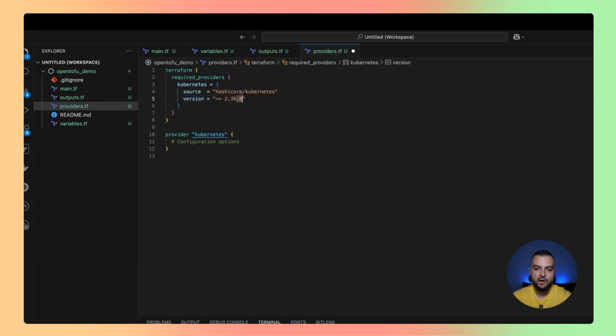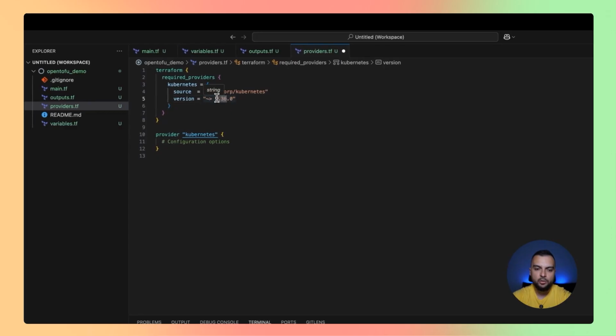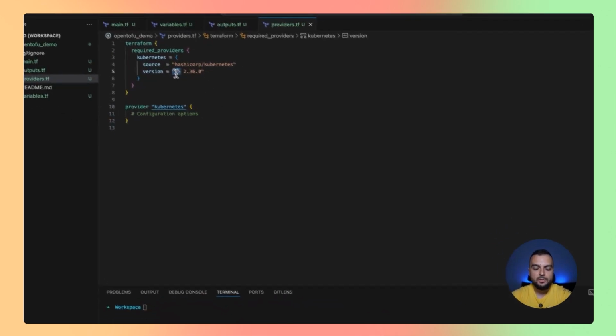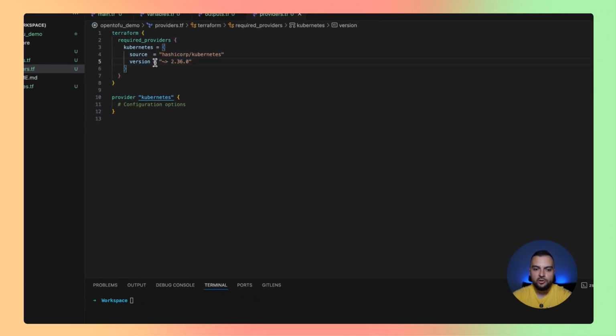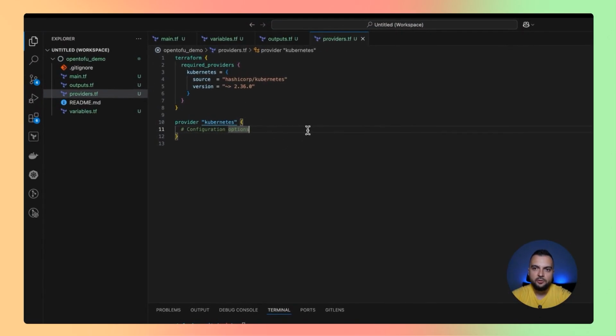But as a best practice, you can use the pessimistic constraint to ensure that only the most right-hand version can be increased. This means that you cannot increase the minor or the major version. This is, of course, as I mentioned before, a best practice, and you should always try to use it, because otherwise, for example, let's say a new minor version comes up, it may include some breaking changes in some of the parameters. This will make your code fail, and people won't know why the code is failing, so that's why I recommend it. So after you are done with the version and you ensure the pessimistic constraint is here, or just a hard equal and no greater than and stuff like that,